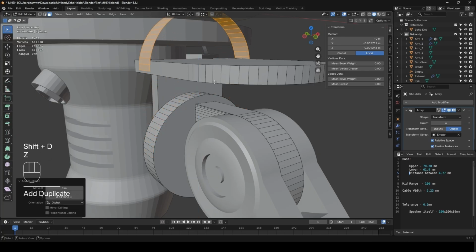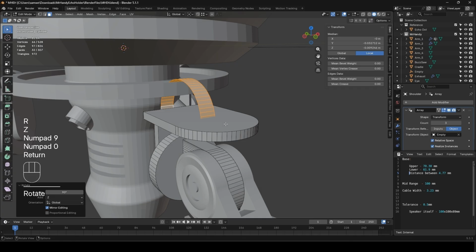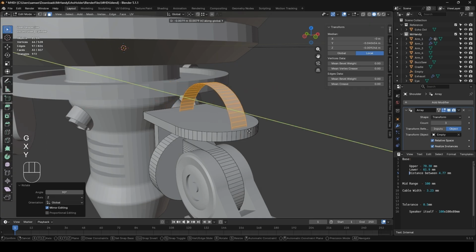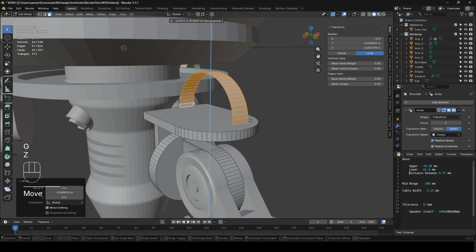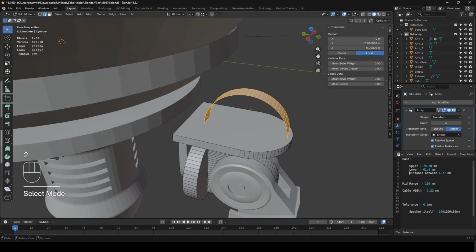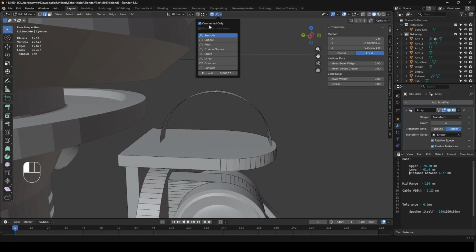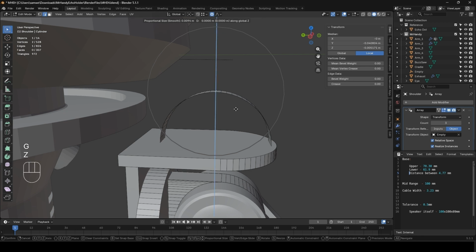Shift D, move up on the Z, and then rotate on the Z by 90 degrees, move over on the Y, shift it up, and then drop it back down. And what I want to do is grab the topmost edge and make sure it's on connected only, and then we're just going to flatten this a little bit, basically to about there. It seems to have a nice soft drop off, so